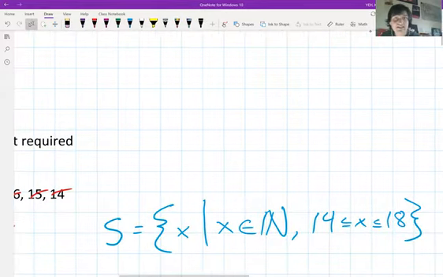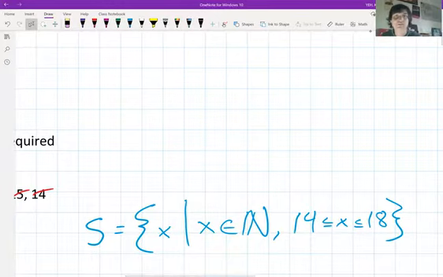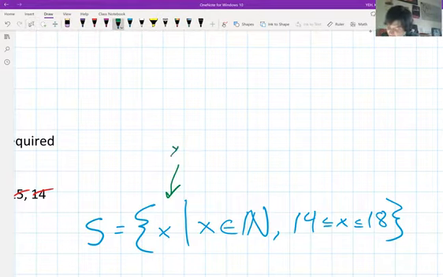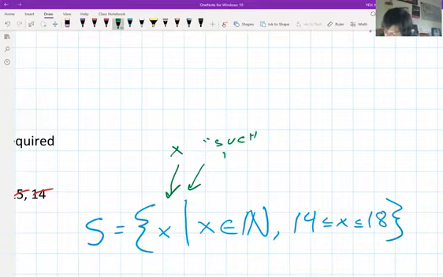All right, this is the set builder notation for representing that exact same set that we just saw. So how does this work? What does this look like? Well, this is saying that the set S is all of the x's, and x is just a variable that we're using. We could have named it any letter, but we're using x. All of the x's, that vertical bar is pronounced "such that," meaning we are listing out in this set all